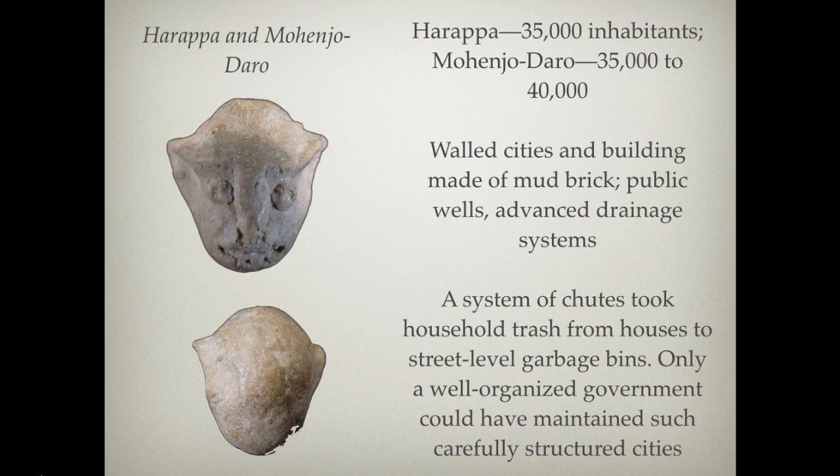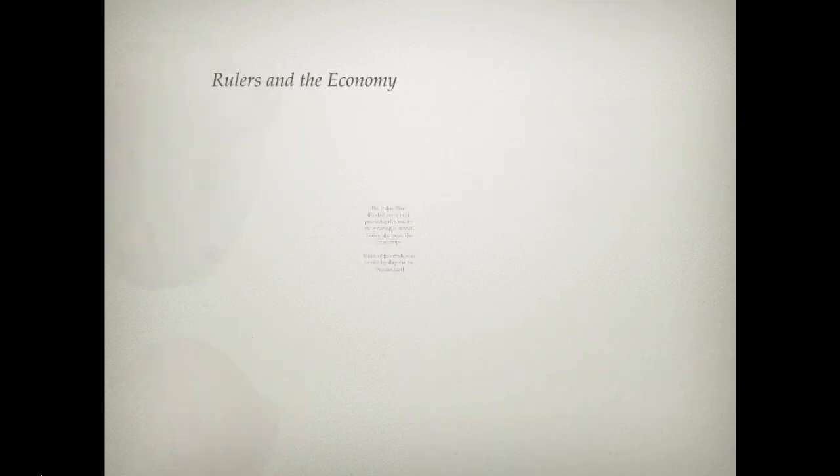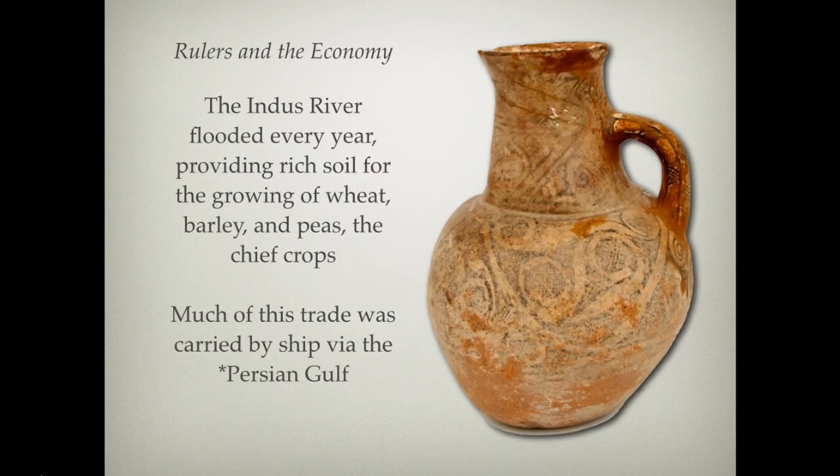Now, of course, many will cite problematic issues that develop from this, but certainly there's the boon of civilization in general. Now, of course, when we talk about major cities, we have to talk about rulers and economy. The Indus River Valley flooded, just like other river systems we've seen, and it did so annually. And it provided rich soil that was deposited on the banks of the river. And, of course, then this would be used to grow various foodstuffs.